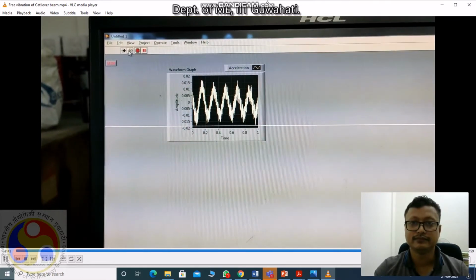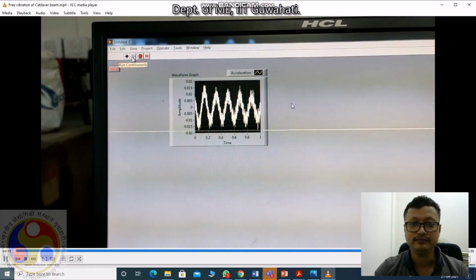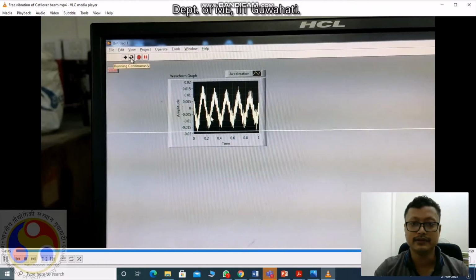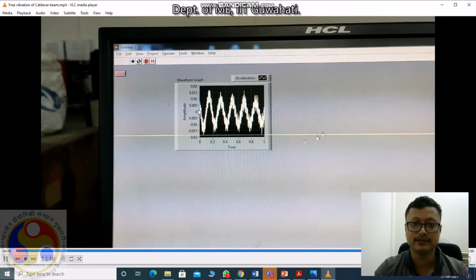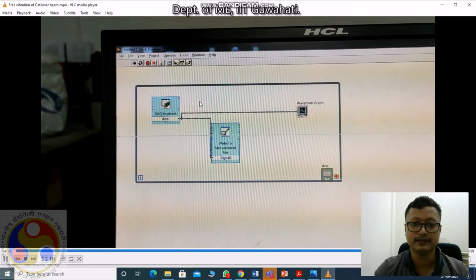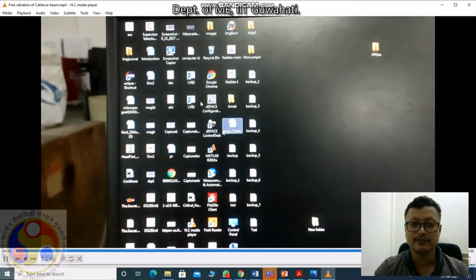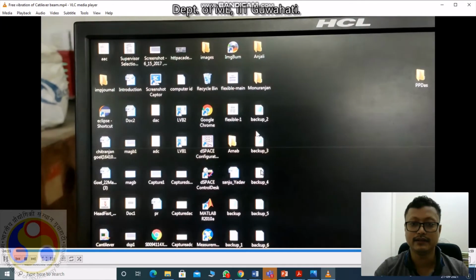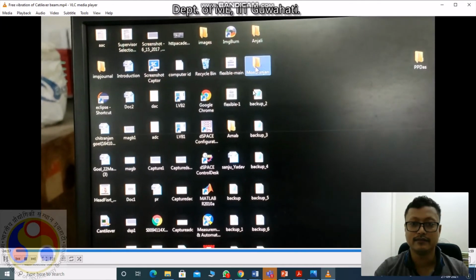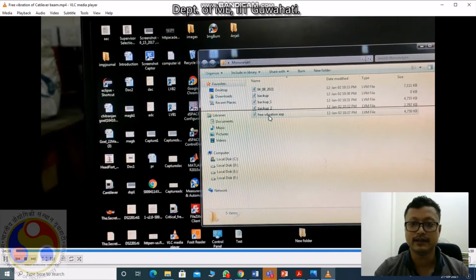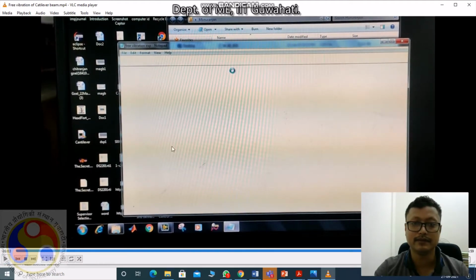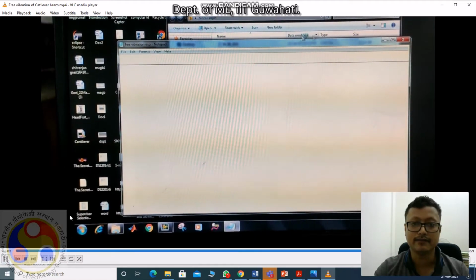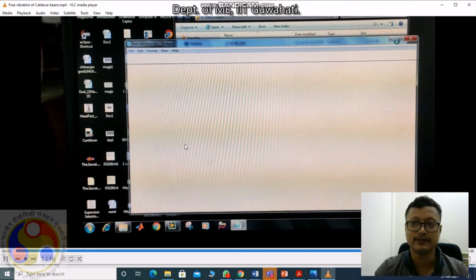So you can pause this graph and do your calculation with these values. So amplitude you can find like that. After that, you can get your data in the file we already gave a name to. In that file you can get the accelerometer data with respect to time.